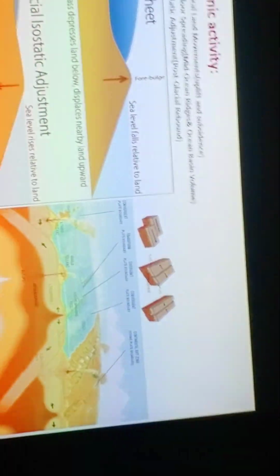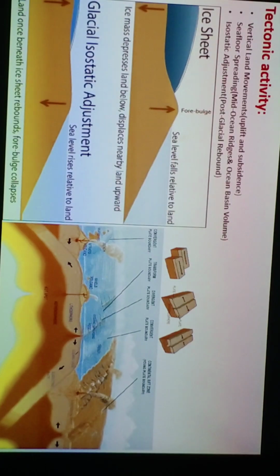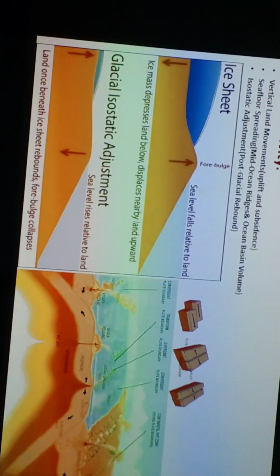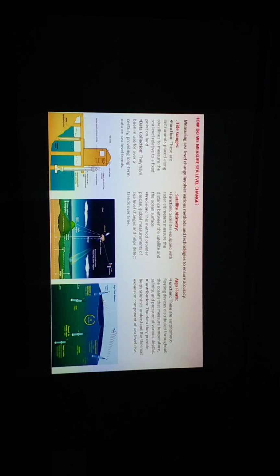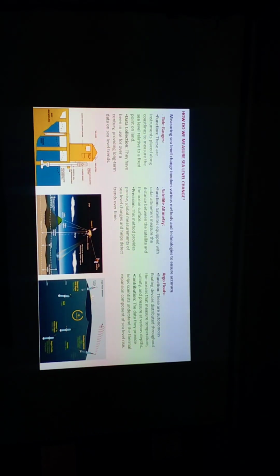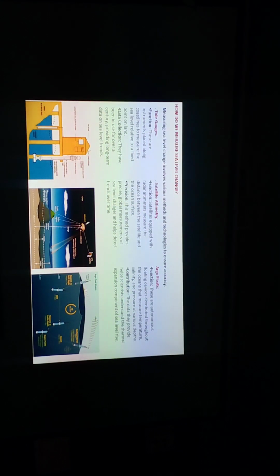And now we know that due to plate movement, for example, due to divergent plate movement, mid-ocean ridge regions are formed in the oceans, which add more volume to the ocean basin. Now, how do we know the sea level is changing? We have different methods and technologies to measure the sea level change. First one is tide gauges. Tide gauges are instruments which are placed